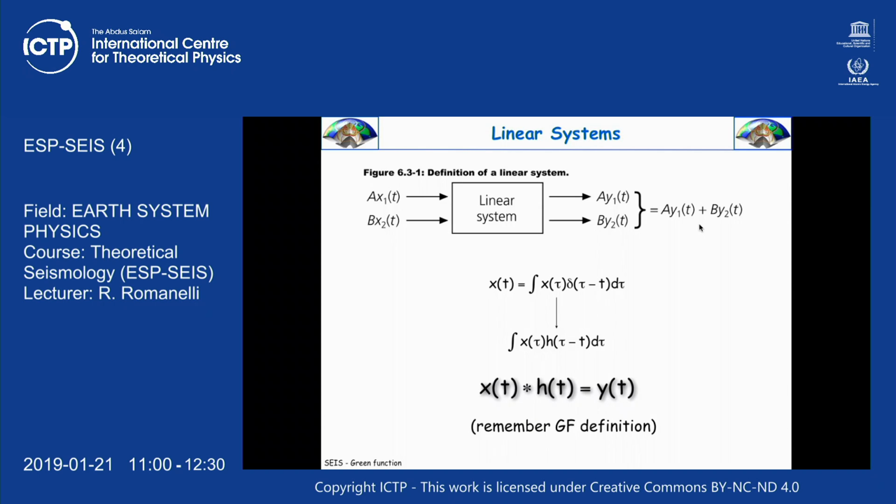That's the general definition of a linear system. Now let's imagine that we input a generic x of t. We can always write x of t in this way, with a convolution of deltas. Pure mathematicians do not like this because delta is not a function, it's a distribution, but let's imagine that we can do it. Okay, once we input this,